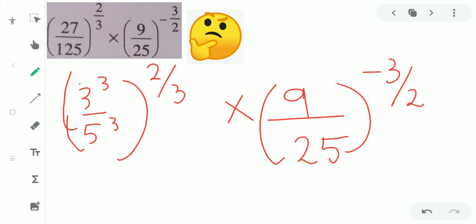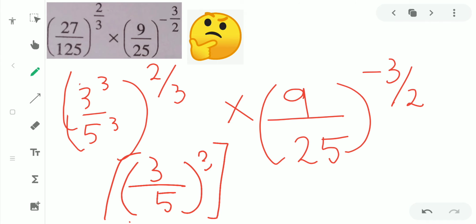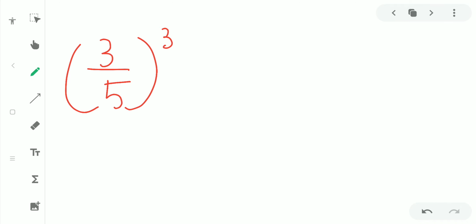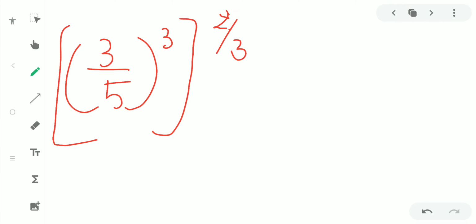So in this case I will be applying that formula: 3 by 5 whole cube, again whole power we are having 2 by 3, 3 by 5 whole cube whole power 2 divided by 3, multiplied with